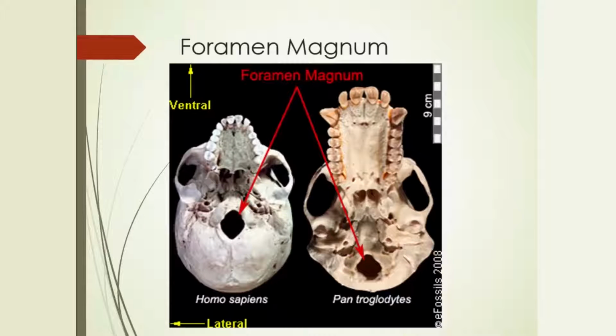So I mentioned the foramen magnum earlier, and we talked about it a bit, but I wanted to make sure that you can see a difference between the location of a quadruped's foramen magnum versus the location of a biped's foramen magnum. If you think about ourselves, where our spine is located, it comes directly inferior or underneath our skull. So that foramen magnum is located directly under the skull, or most inferior. If you think about a quadruped that is walking on all four legs, their spine is going to come out more towards the back of their head, or more posteriorly.